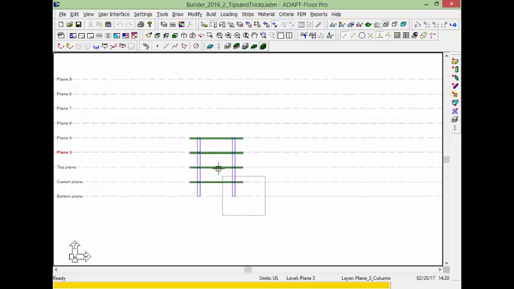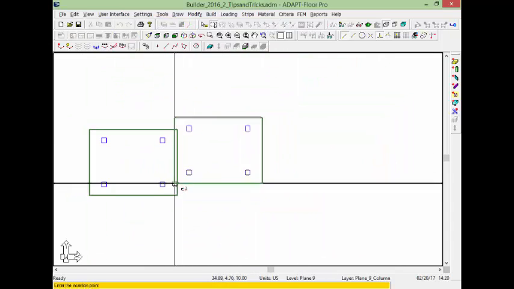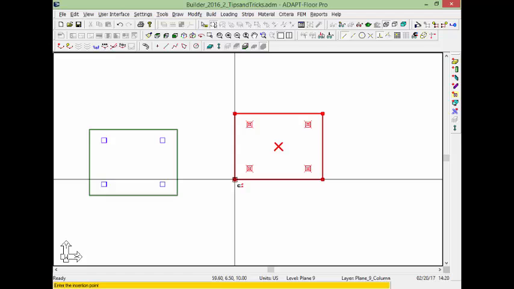And so now we're going to go ahead and just select all of my different columns and slabs. Again, the reference plane here might be plane 3. And I'm now going to copy to plane 9. So the reference plane is 3. We have one level above that, and I'm copying to plane 9. So we'll go up here, and I'll go active level up. I'll go all the way up to 9, and I'll select Control C, Control V, and I'll go ahead and